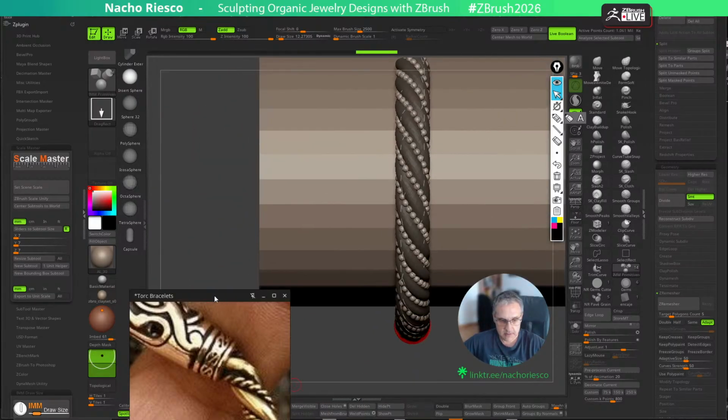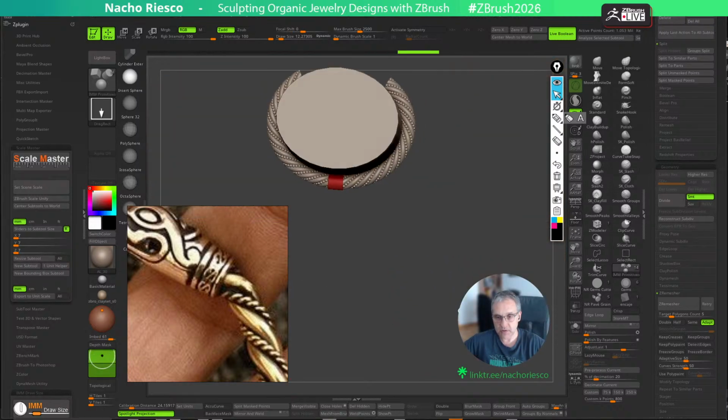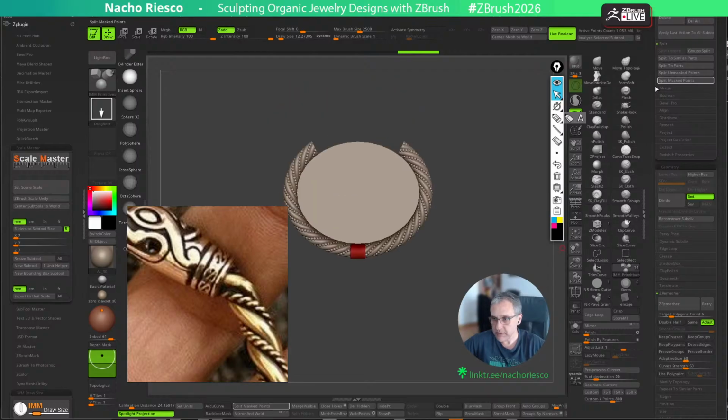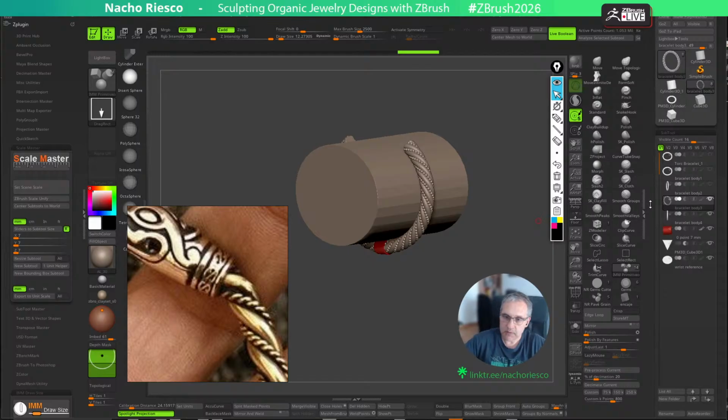So let's split mask points. And this is going to be the first choice for sending to the client, for example. And we can use another option. For example, what we can do is